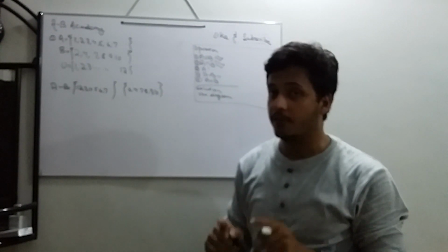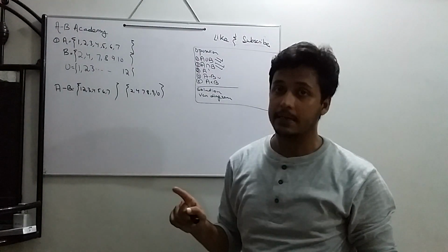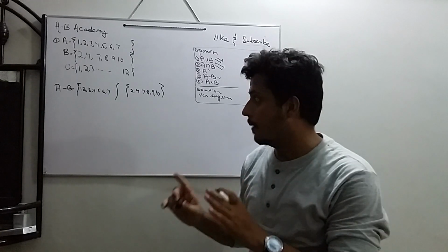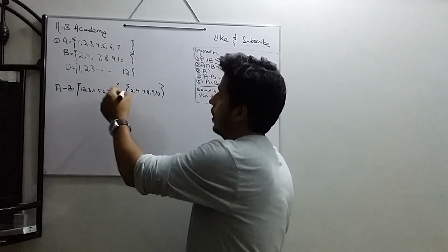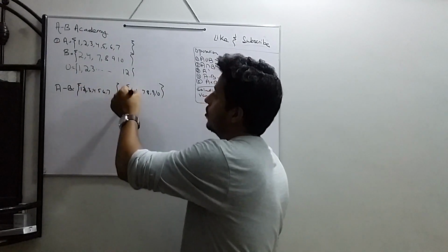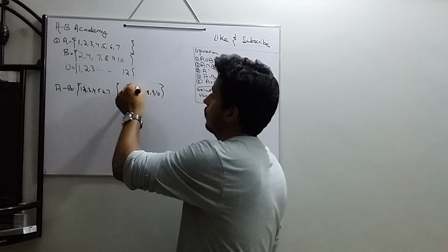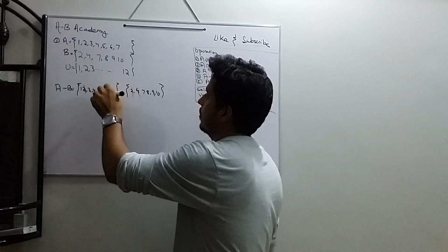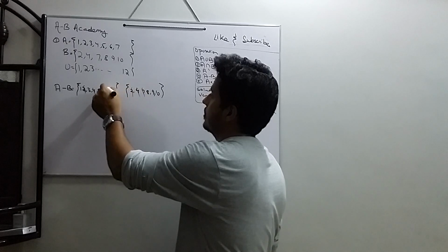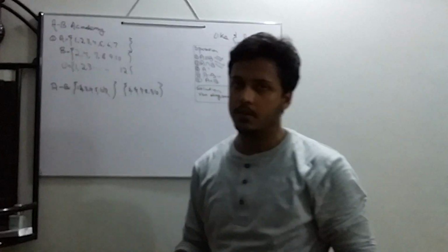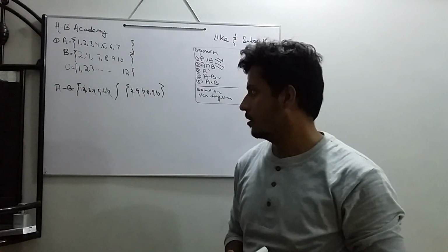Notice that there is a difference between intersection and minus. Okay, in minus you find out the common in both of the sets. You see 2 here, 2 here, 4 here, 4 here, 5, no, I'm sorry, 7 here, 7 here. You must be wondering, it's same as the intersection.